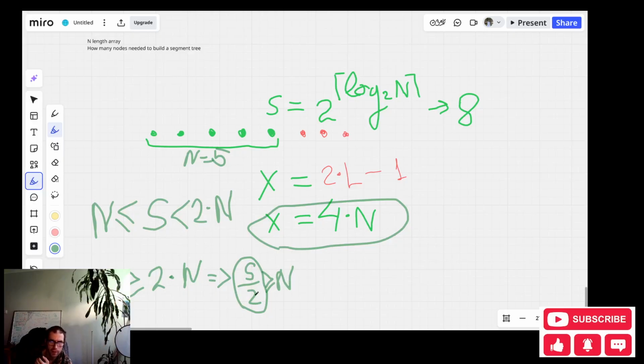But here we find that there exists some smaller s, and this can't be. So we have a contradiction with this definition. So we can conclude that this can't happen. So this is incorrect.